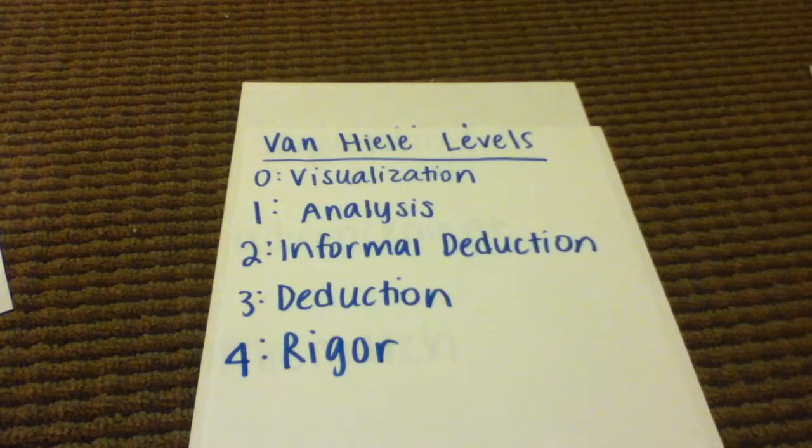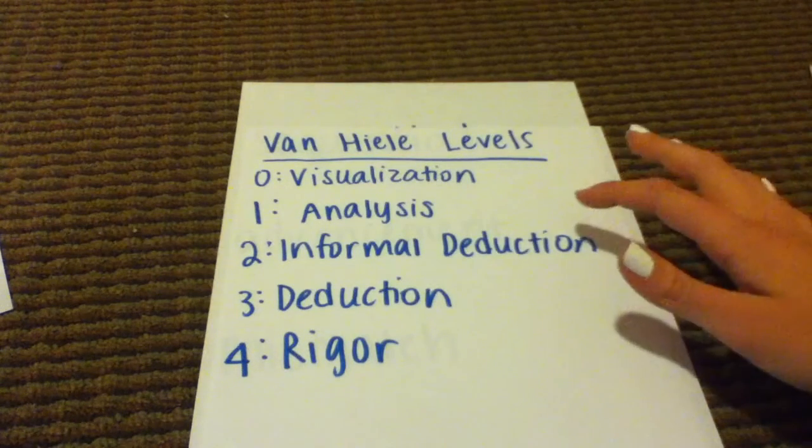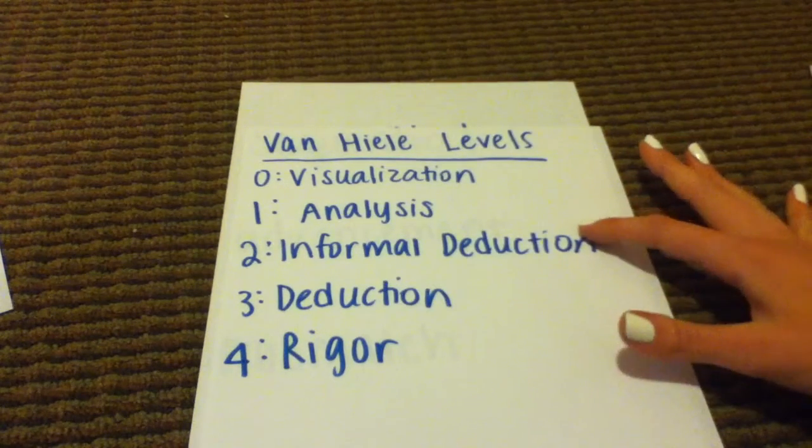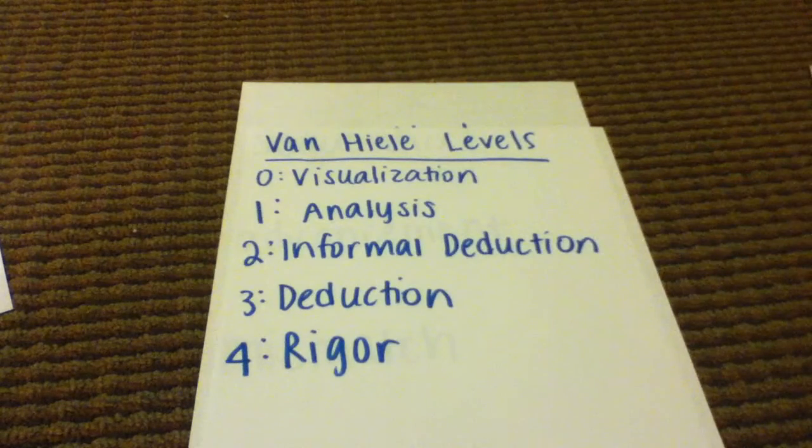attributes and their properties. So the next level in the Van Hiele model is level 2, and it's informal deduction. And this is when they start to see in-depth more relationships between properties of a class of shapes. So for example, they could say that a square is a rectangle because it has all the properties of a rectangle. And so they start using geometric definitions in this level and get more in depth with relationships between properties.